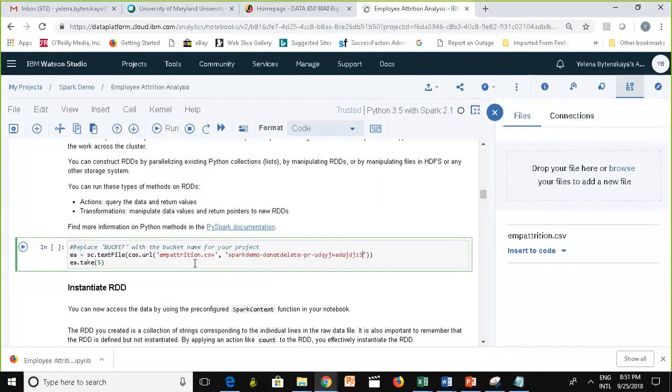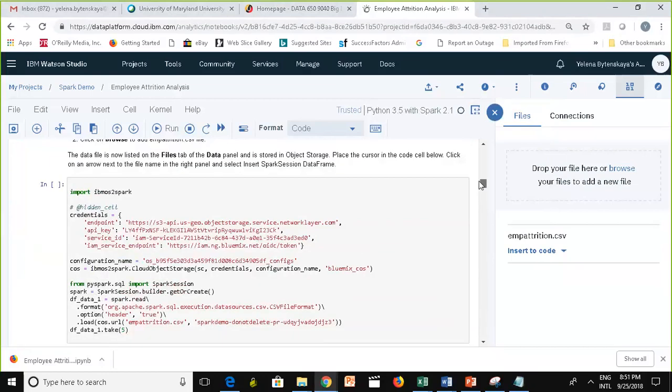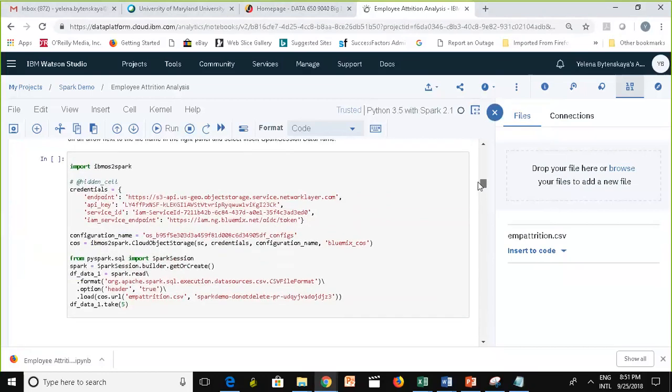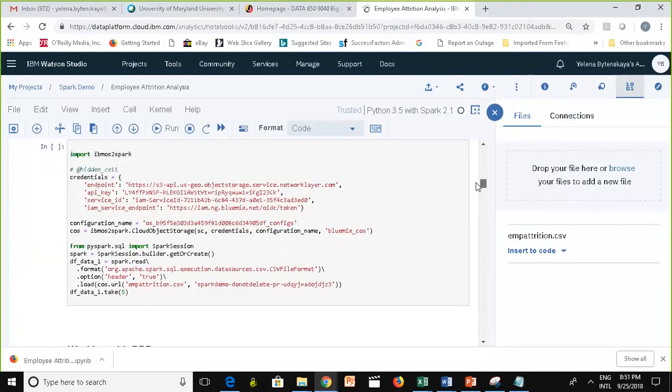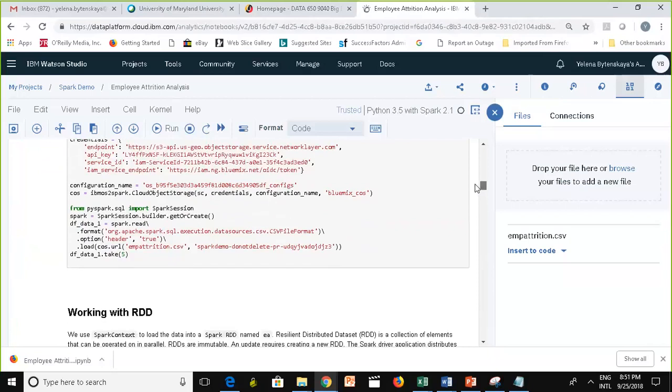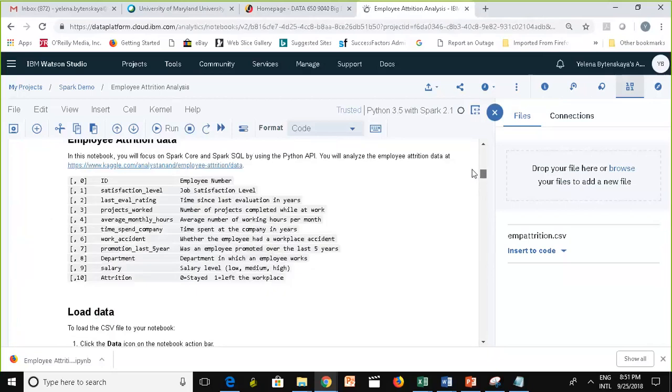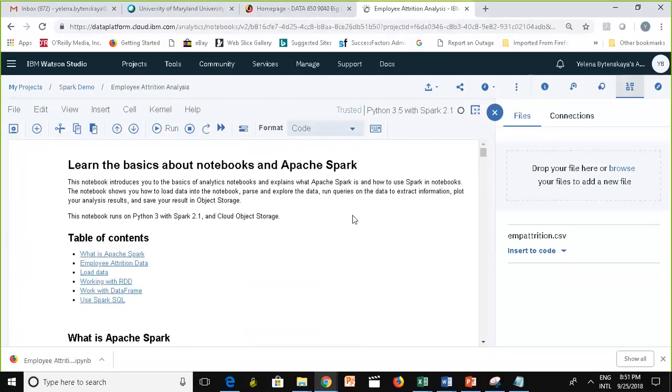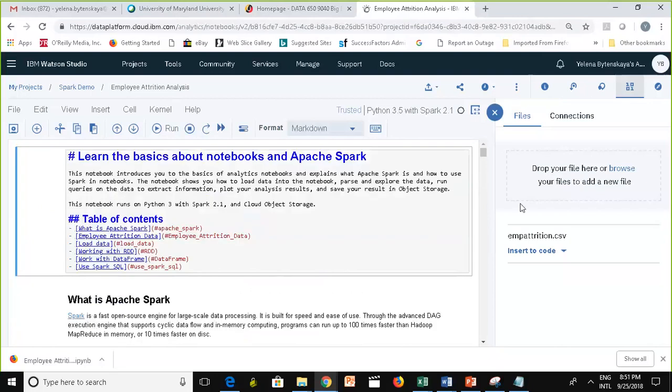So here, this is a bucket name, right? You have to update this, and you have to put your credentials, okay? Do not attempt to copy my credentials from the screenshot in a tutorial, in a walkthrough, because it's not gonna work, okay? Whenever you do your assignment, that's going to be your credentials, it's your account, right? So do not attempt to copy credentials from anywhere. Now we are ready to run.